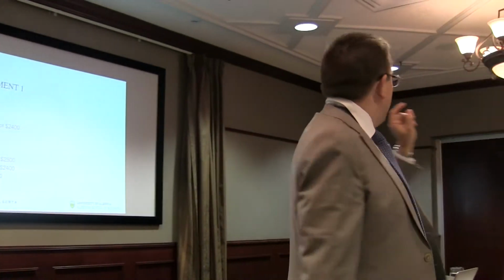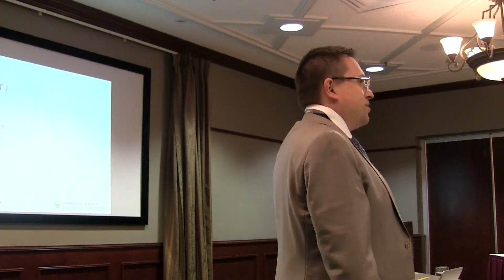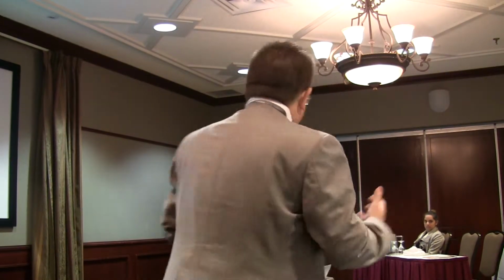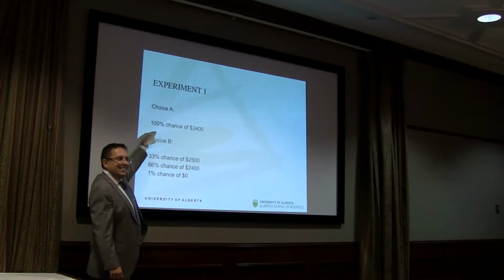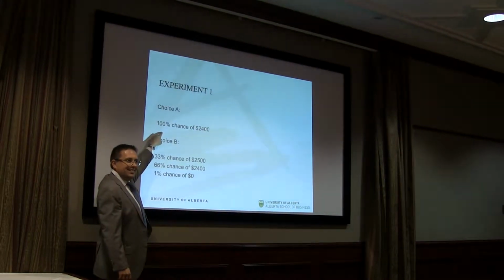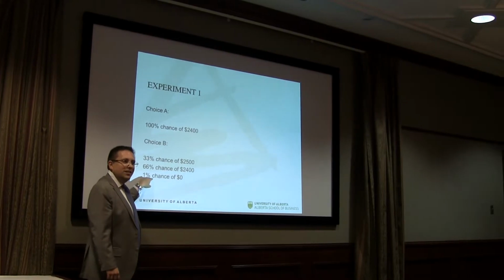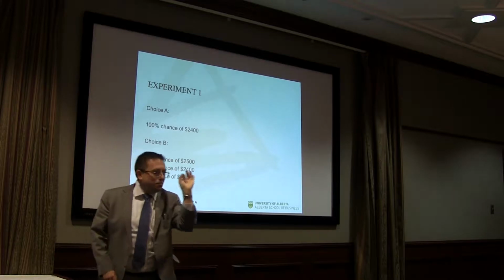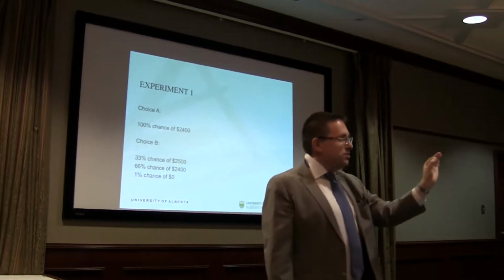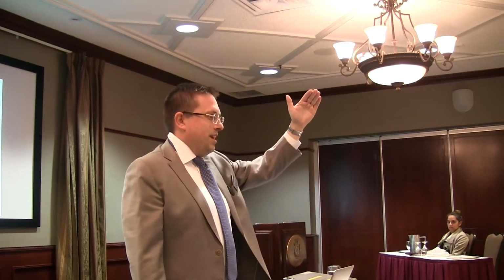Okay? But the majority of you chose option A. Why did you choose option A even though it's worth less? You like that certainty, okay? Even though you've actually got a pretty good chance of getting more than you had there, right? It's really only a very small probability that you're going to have anything less than 2,400. But just that small chance that you could lose some money pushes you towards wanting to choose option A.